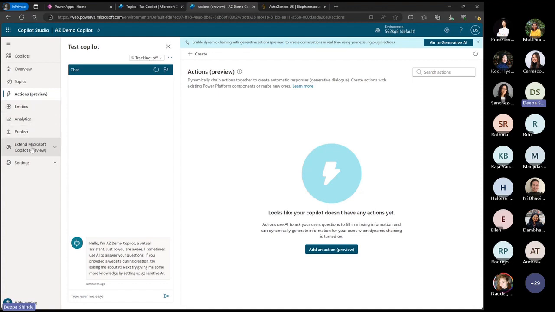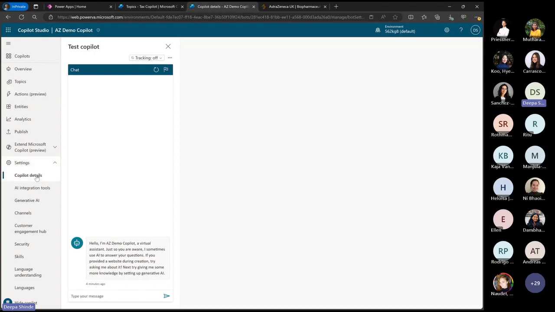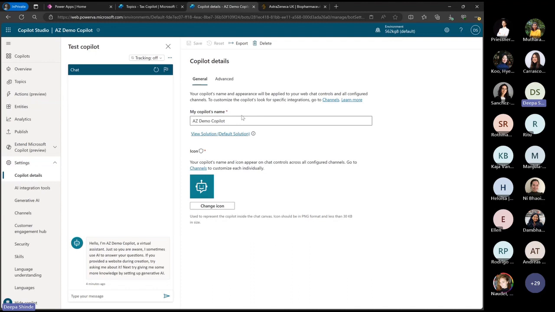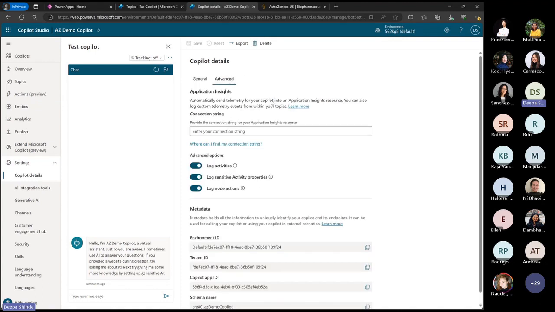If you want to point, I'm going to skip some of this because it's not needed for today. But what I'm going to do is quickly show you the generative AI piece. When you click on settings, you will see Copilot details, which means you can add the name of your Copilot, update the icon, and do a few advanced things as well